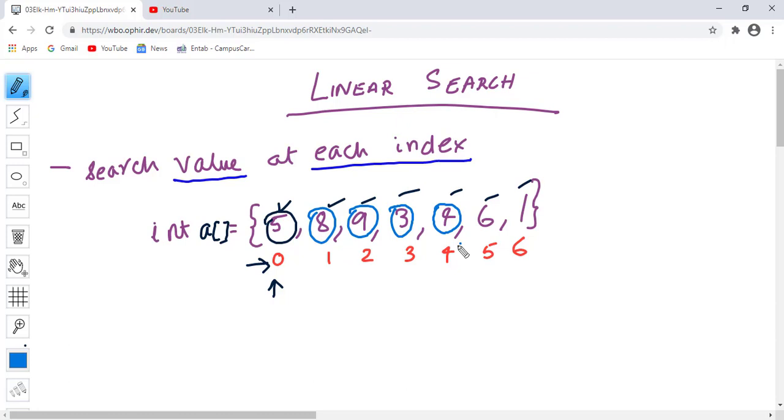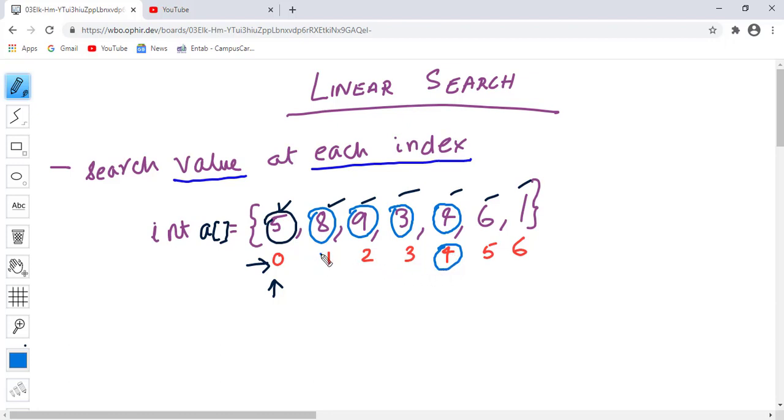What is position? Position is just index plus 1. For a layman, instead of showing the index, you would like to show the position, so the position will always be index plus 1. So index is 4, so the position is 5.